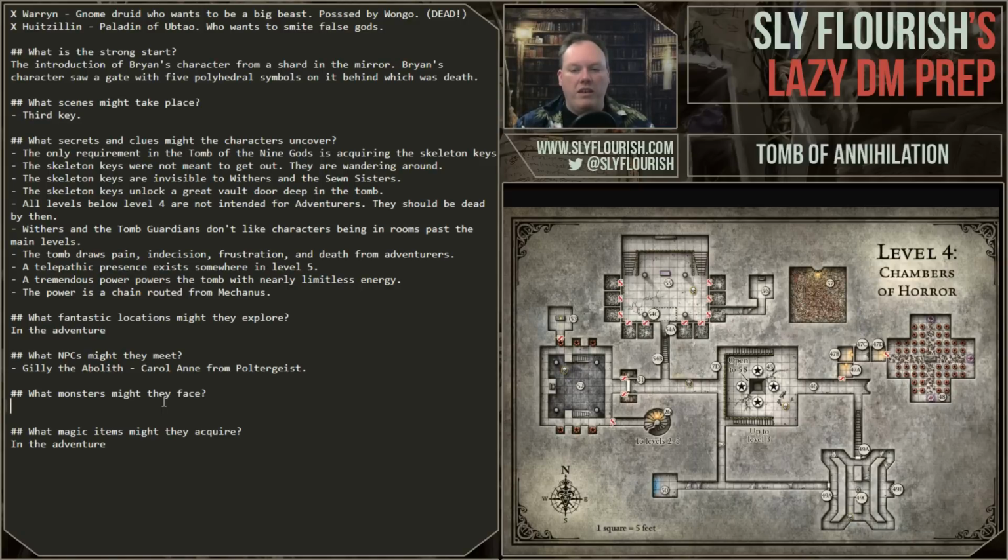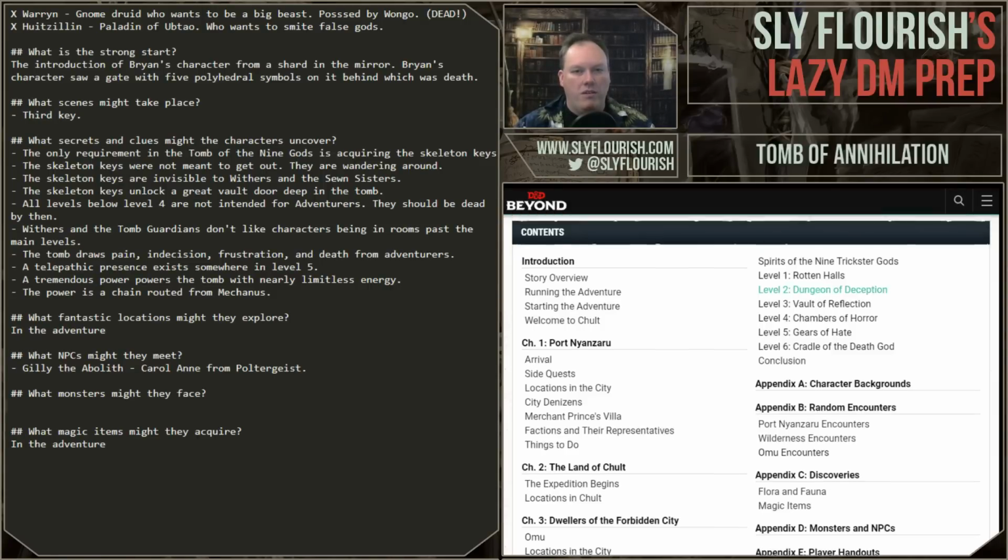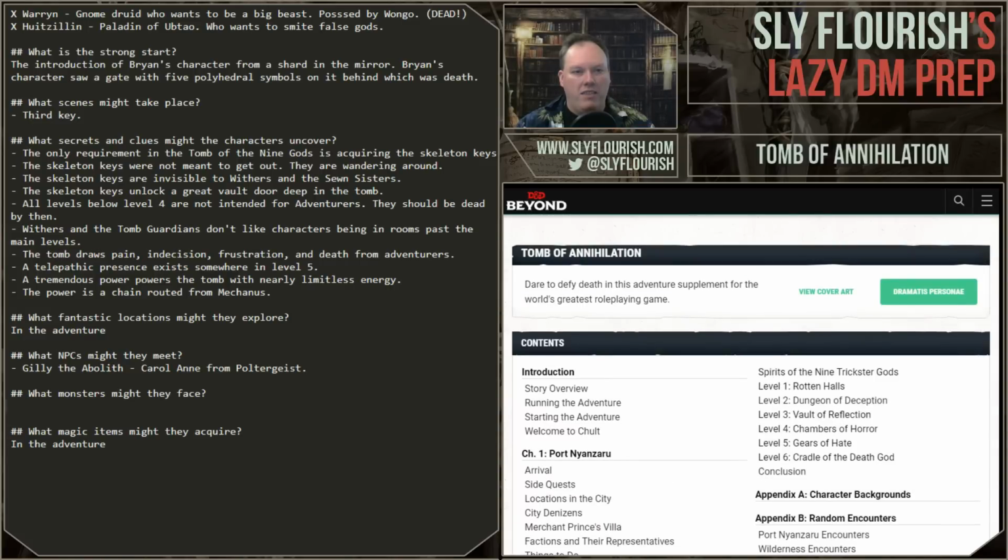One of the things I like is, in the adventure, the skeleton keys are made of skeletons. I think it's kind of interesting that the more sides a skeleton has, the more powerful it is. So I want to throw some really powerful monsters at them,